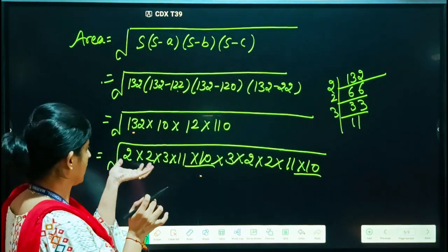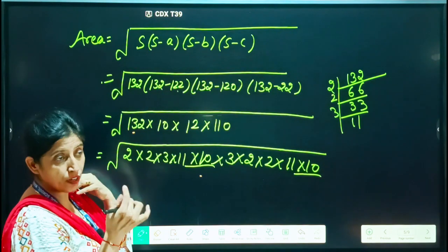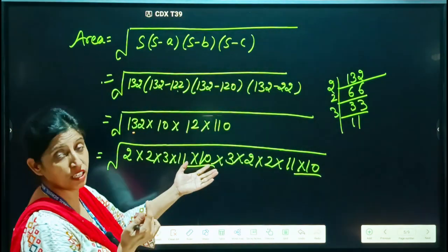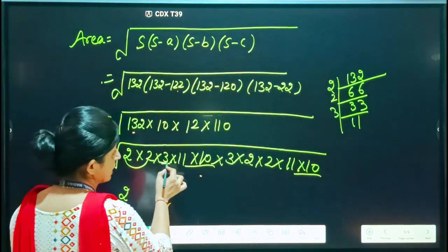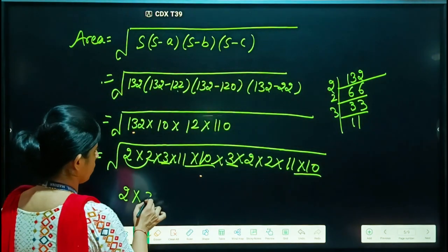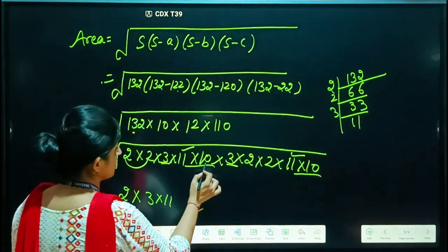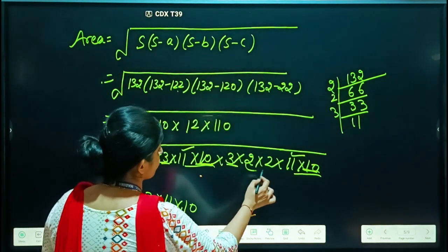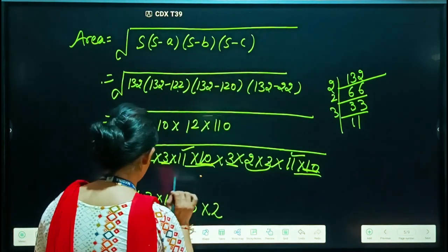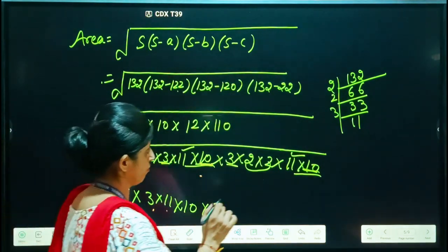Now we will take out in pairs. First we will make the pairs and then one element will come out, because we are taking the square root here. है ना? From these two, 2 will come out. This 3 and this 3, 1 3 will come out. This 11 and this 11, 1 11 will come out. This 10 and this 10, 1 10 will come out. ठीक है, and from these two, 1 2 will come out. ठीक है, 3 2s are 6, 6 2s are 12, 12 multiply 11, what will come?